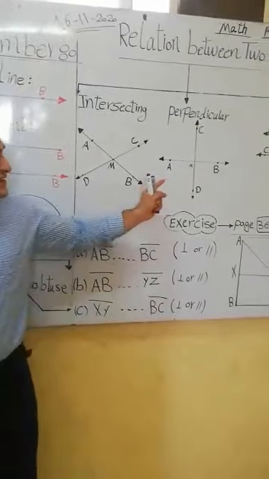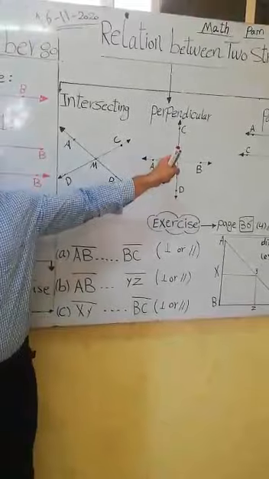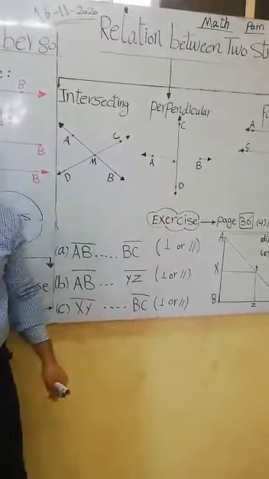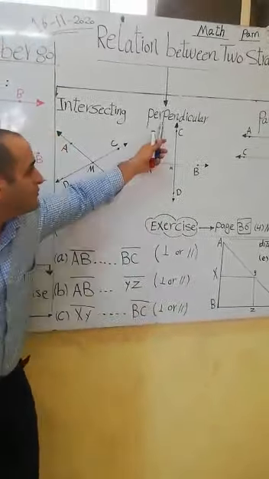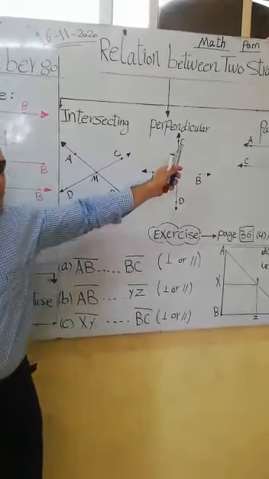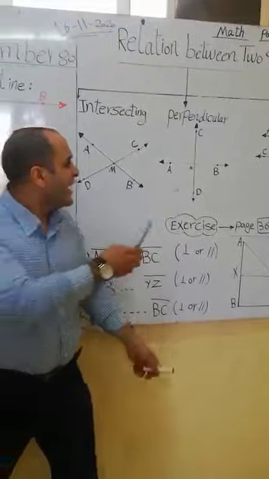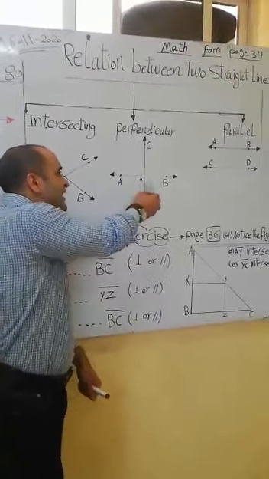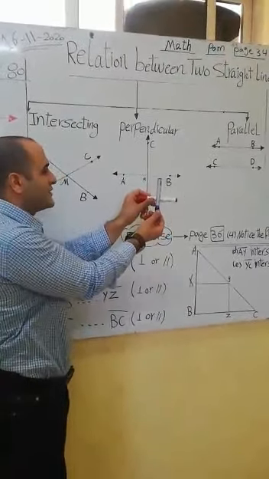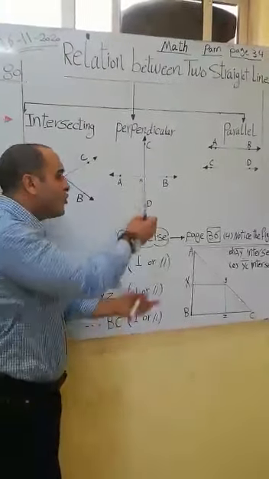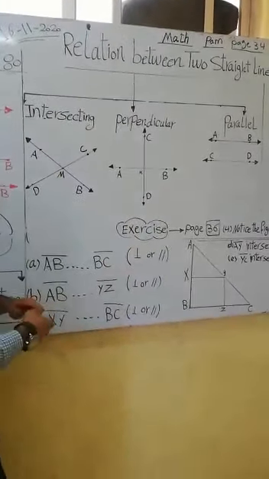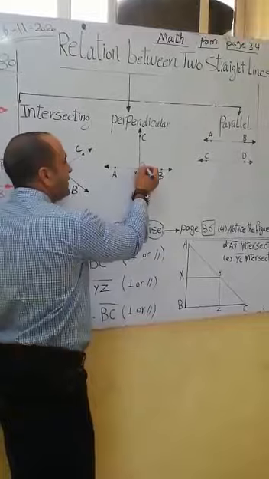The second case: two perpendicular lines. Perpendicular. Repeat after me. Perpendicular. If I have two straight lines, CD and AB, like this, and they make four right angles, four right angles,